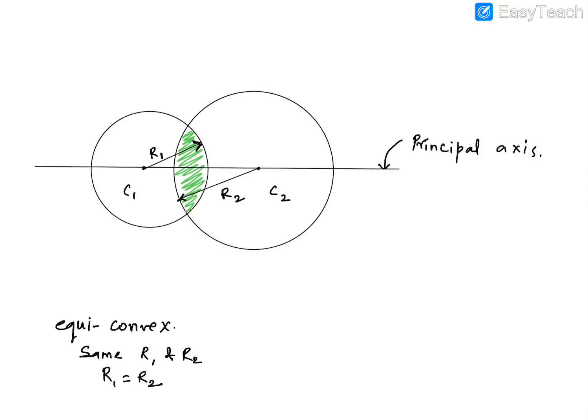Then the next thing is the optical center. What do you mean by optical center now? It is a point on the principal axis such that a ray of light will pass through it undeviated. Okay, now see, this is a little difficult concept. It says that if you pass a ray of light through this, that light ray will go undeviated. See how it will pass now.